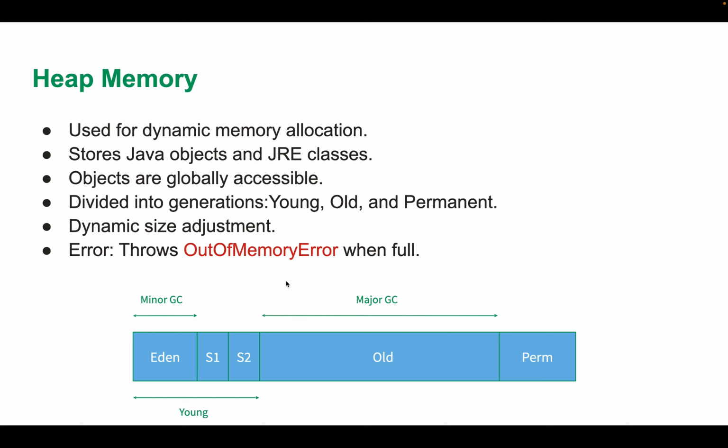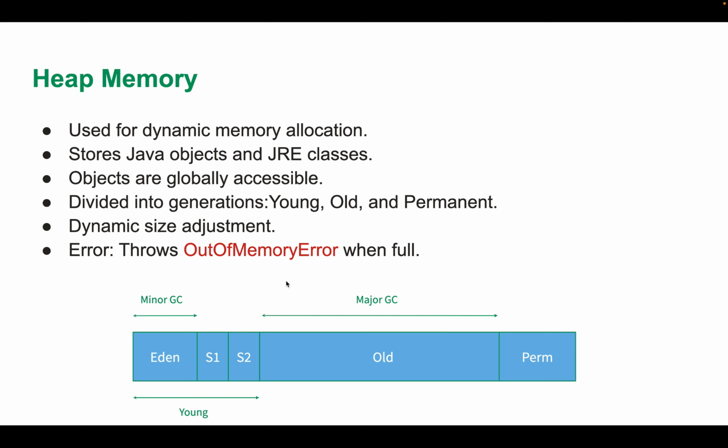While heap memory is used for dynamic memory allocation, Java objects and JRE classes are stored there at runtime. Unlike stack memory, objects stored in heap memory are globally accessible across different parts of the application. The heap is divided into generations: the young generation, where new objects are created and managed,